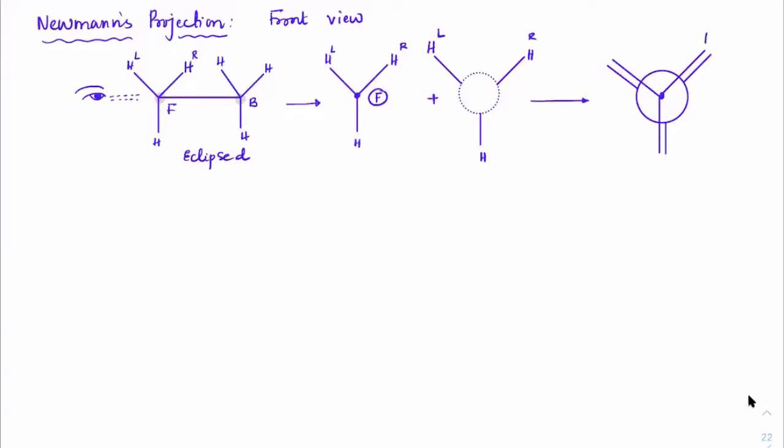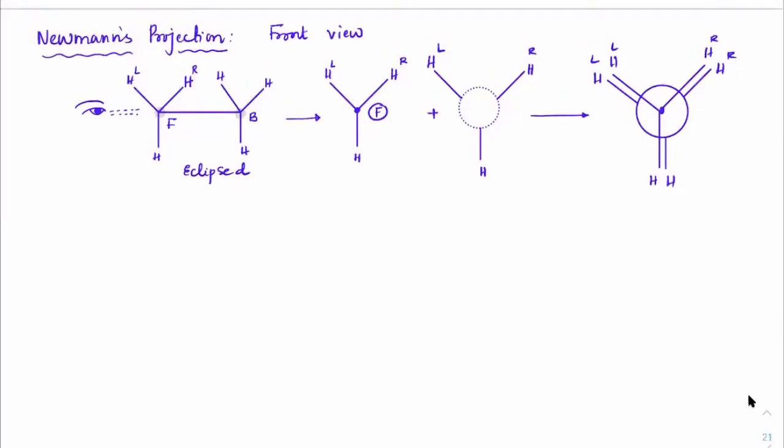Therefore, when you write this down, you should be able to visualize both of them. This is also the right one, left one, and the rest two hydrogens are the center one. This type of representation is called the Newman projection. Now, if I take this Newman projection and make a 180 degrees rotation on the back carbon, 180 degrees rotation on the back carbon.